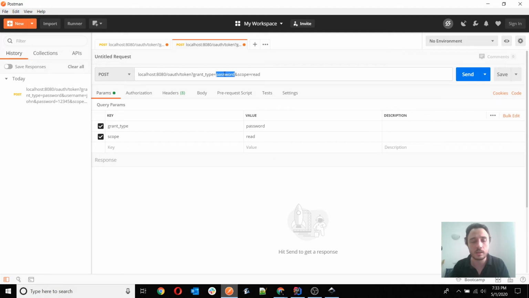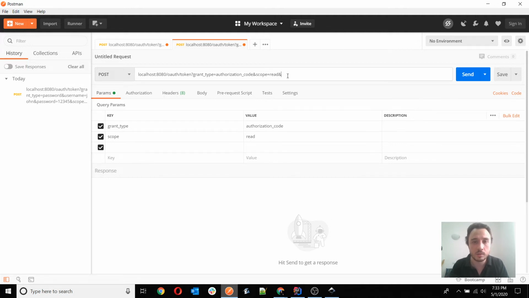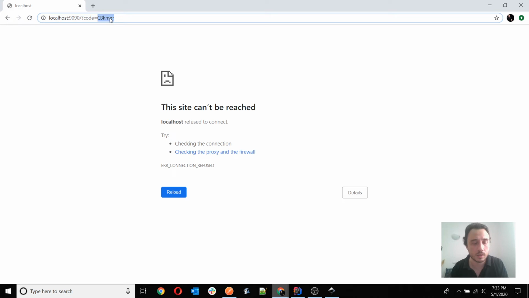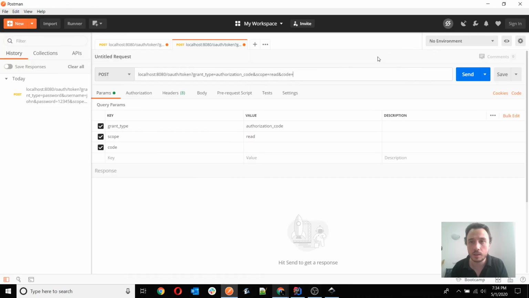And then the grant type is authorization code. And then more than this, I need to provide the code. So the code, the value of the code, which is the one I've received back here. So I copy this, and when I press send,